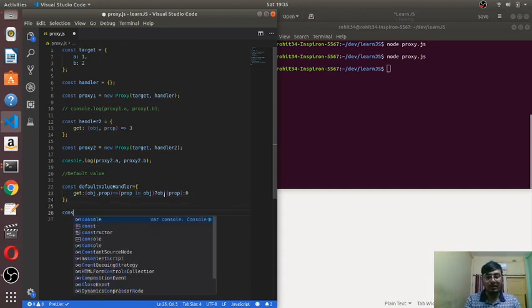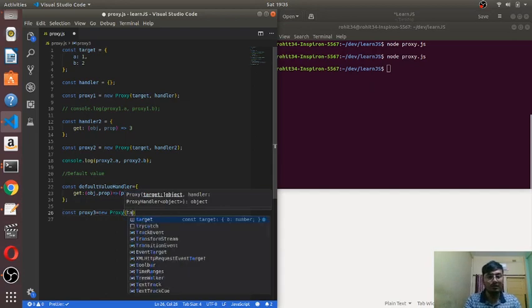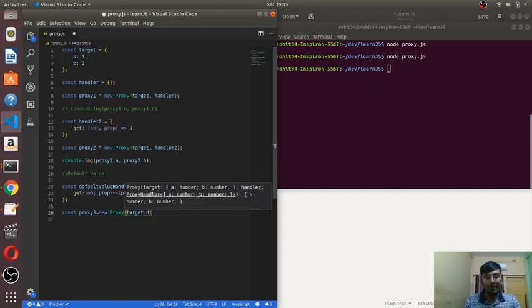Let us provide the new proxy: const proxy3 equal to new Proxy, with the target and the default value handler.